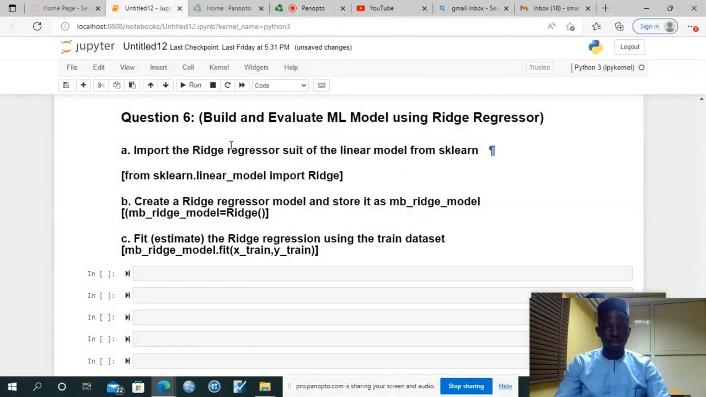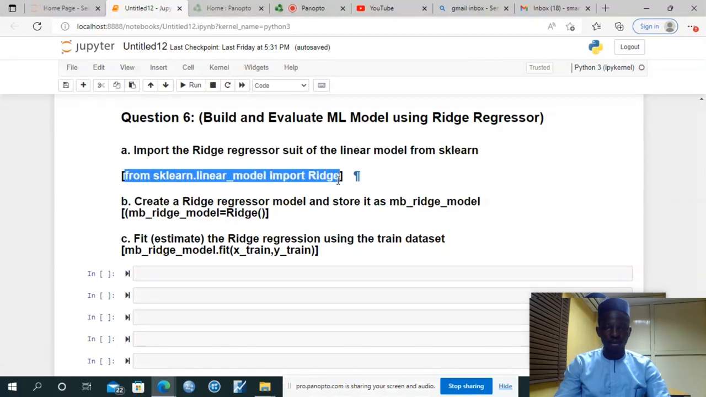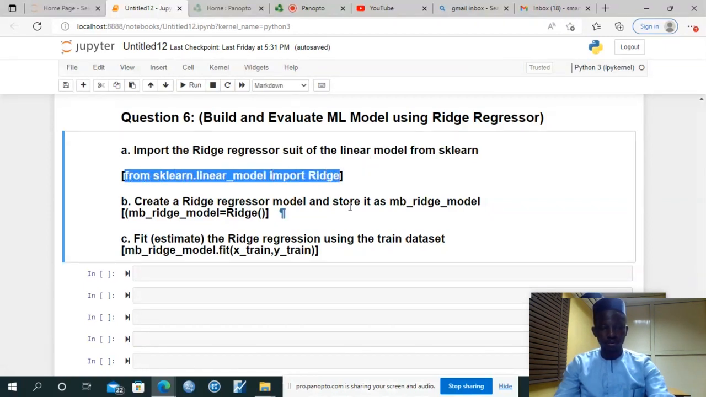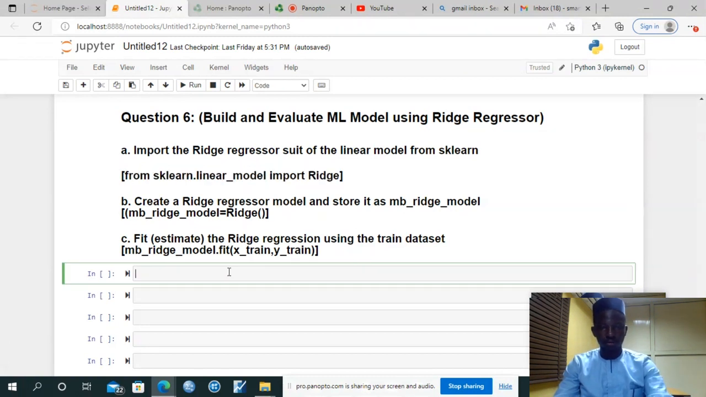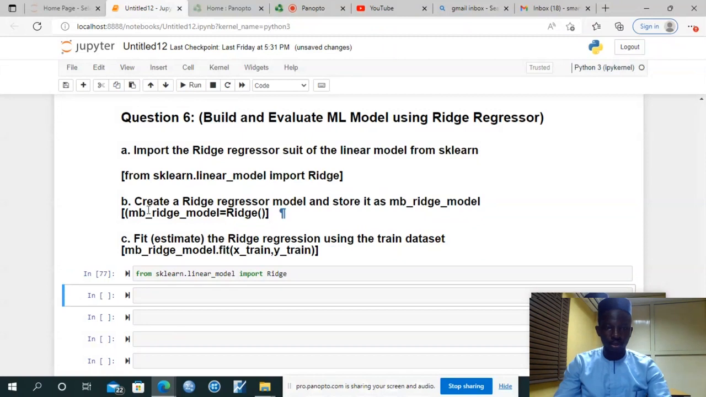Welcome. This is question 6. Now we want to repeat what we have done for random forest regressor. We want to do it again using another type of regression, which is called ridge regressor. So now we are importing, and after that we run the model